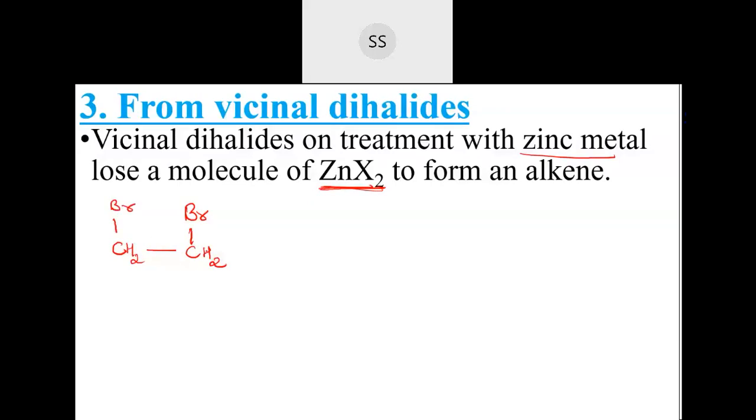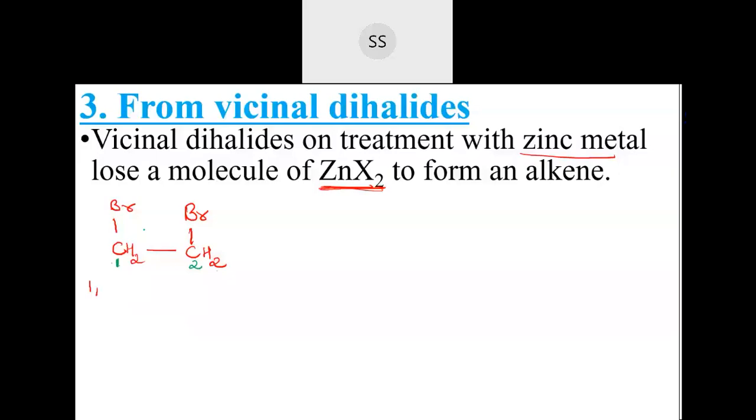You can name it. You can number it. On two carbon atoms you can see there is a bromine atom attached. So 1, 2 I am taking. You can start from any side, because from both sides the naming will go in a similar fashion. So 1, 2: first position there is a bromine, second position there is a bromine. Like that you have 2, so it is called dibromo.